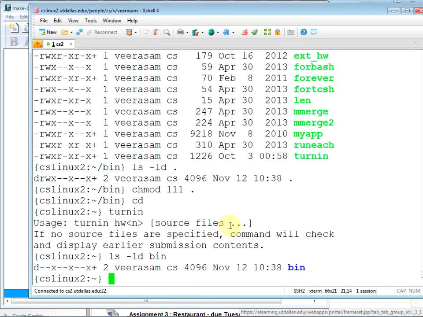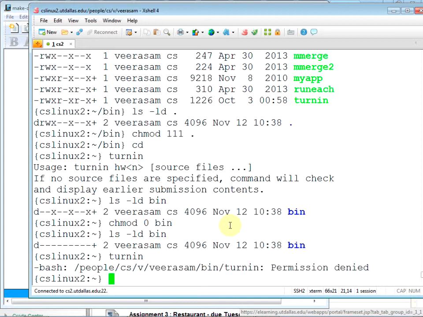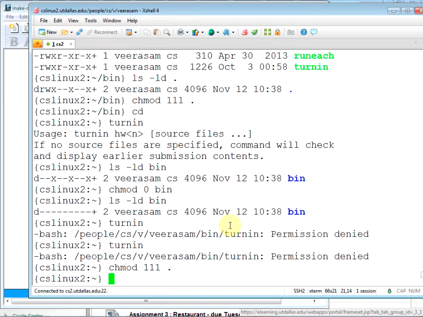Let me change that even for myself. See, the same rules apply for the owner too. chmod 0 on bin: nobody can access. Pretty much, it's locked in. So now turnin fails for me too. Now let me change that to 111.